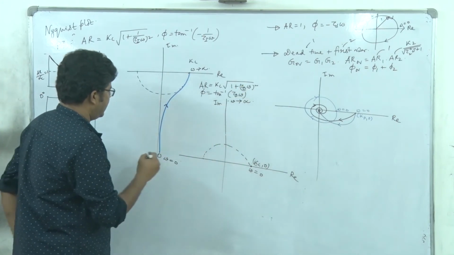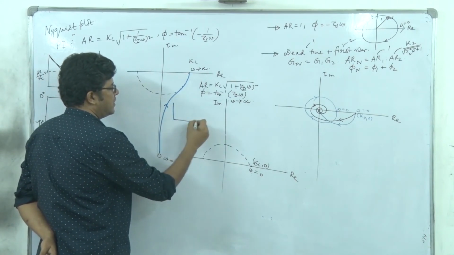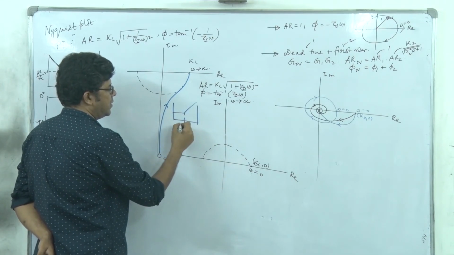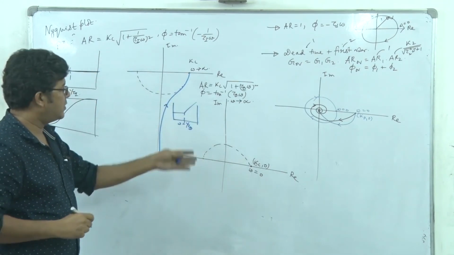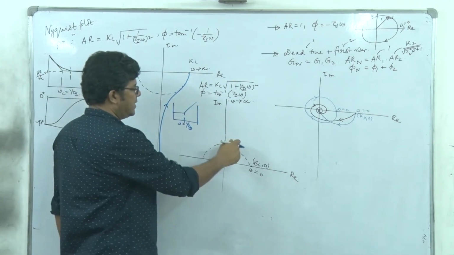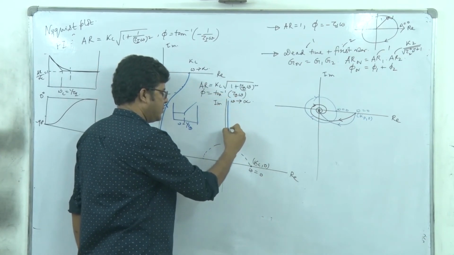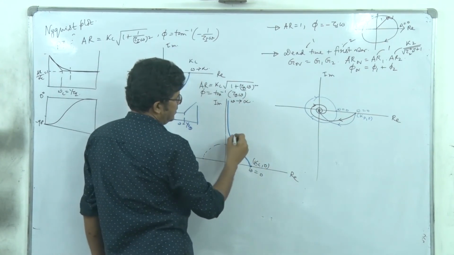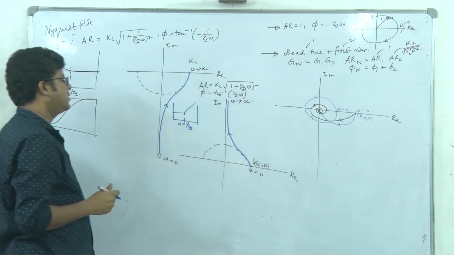And if you note again the Bode plot of this PD, it was something like this, then this, right? And here this omega is equal to 1 by tau. So over the initial part, it must adhere to this circle, and finally detaching from some point here and going to Kc. So the plot will be something like this, right? So this will be the plot for PD controller.